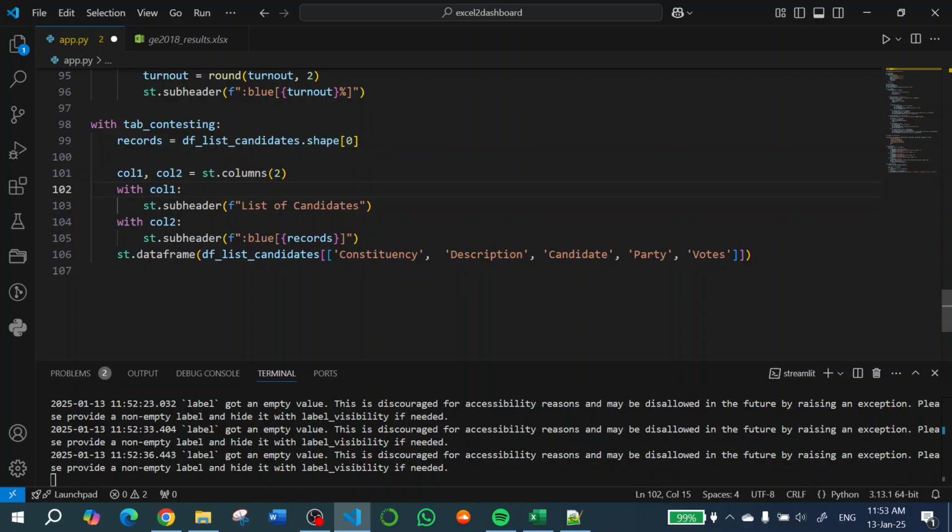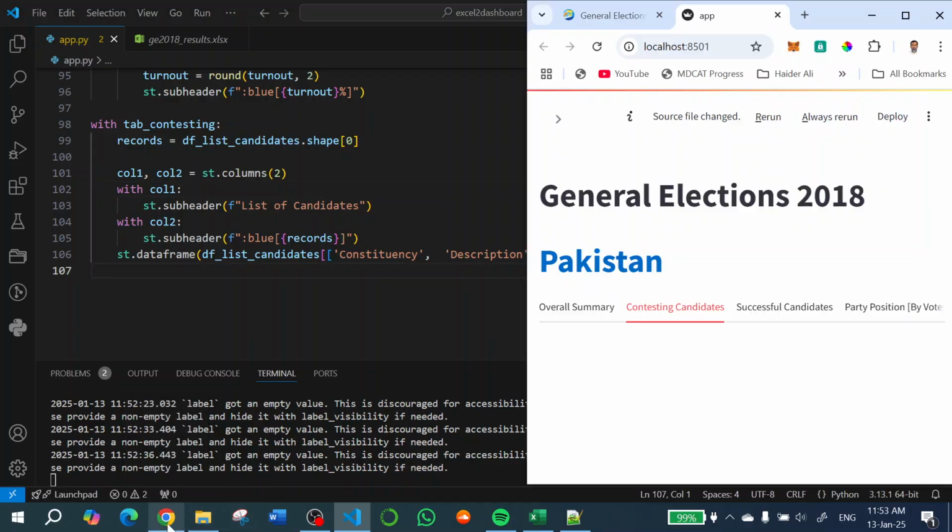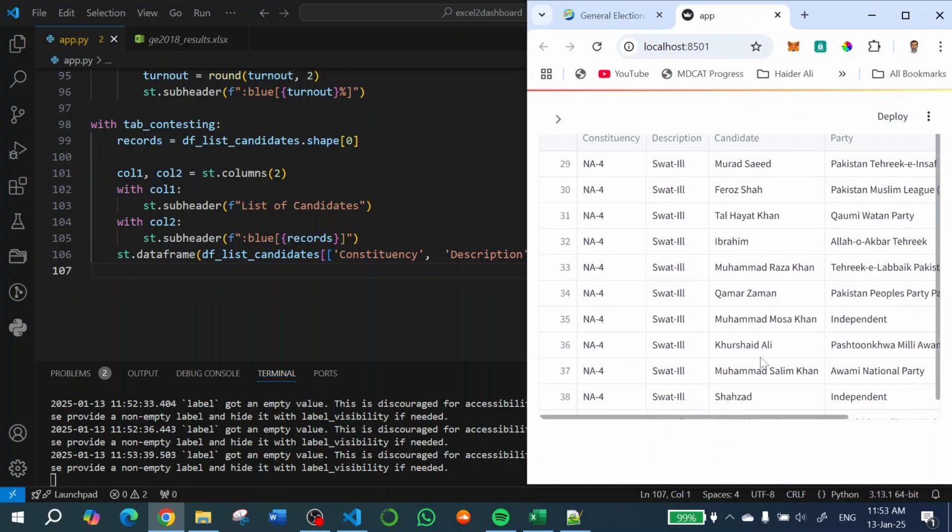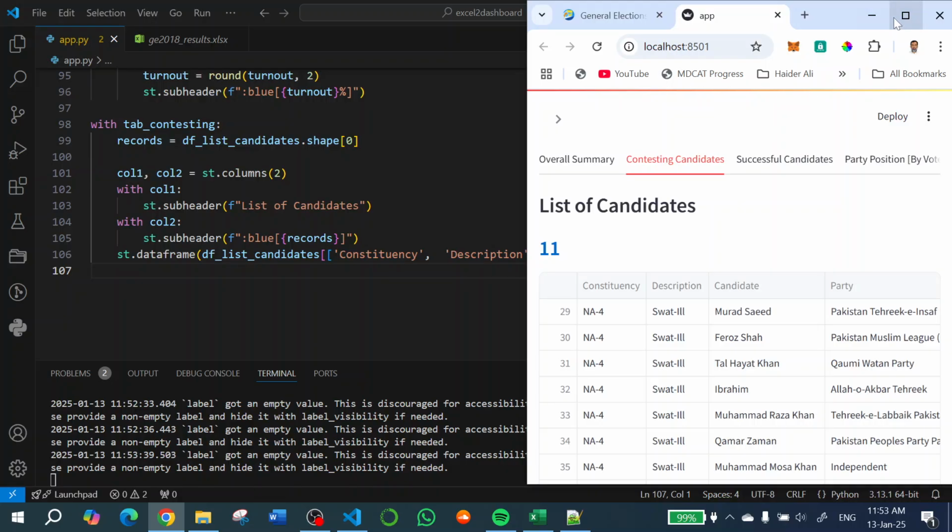In column 1, I will put the subheader, and in column 2, I will put the number of records, and then at the end, I will display the data frame. So if I run it,